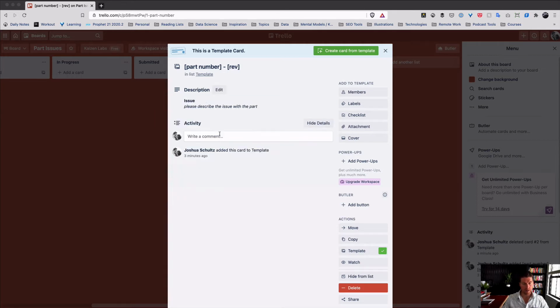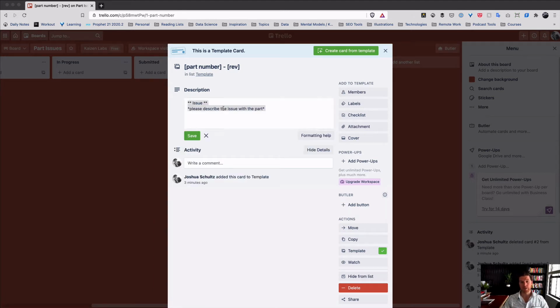Now we save that. We can see it asks, please describe the issue with the part. And so what we're going to do is basically write a little form in this description of the information we'd like to collect. So we'd like to know what is the issue. We'd like to know,